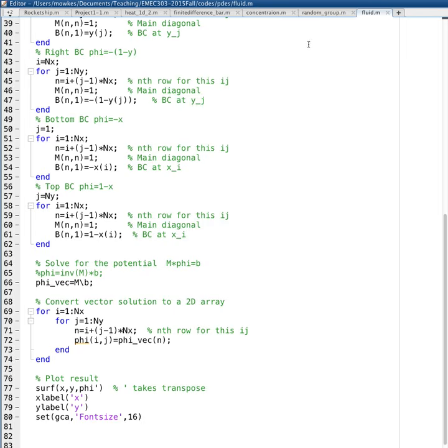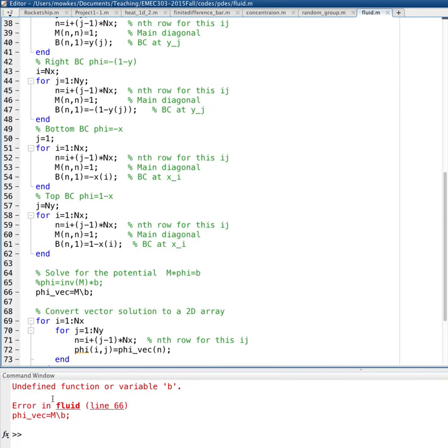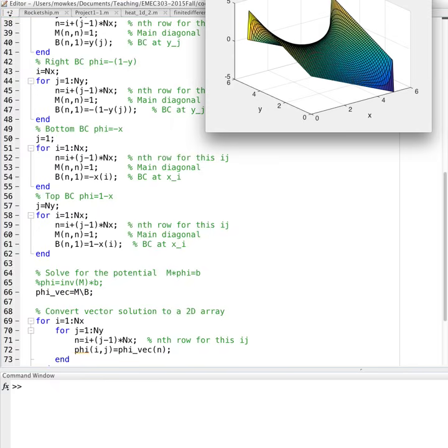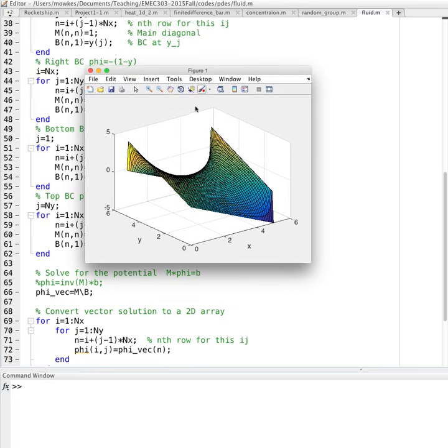I'll save it. And it sounds like I got an error. So I got undefined function or variable b on line 66. So right here, and the issue is I've created a capital B instead of a lowercase b. So let me make a lowercase b there. And when I run that, here is my solution,